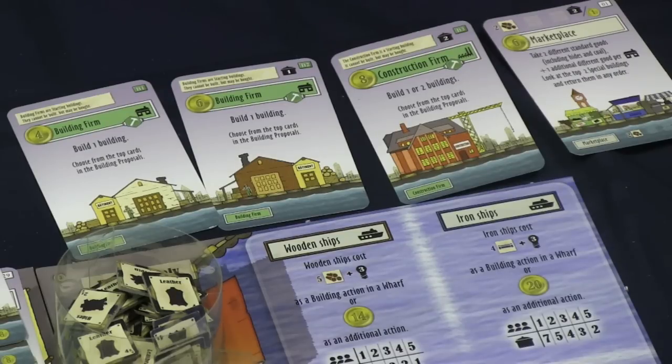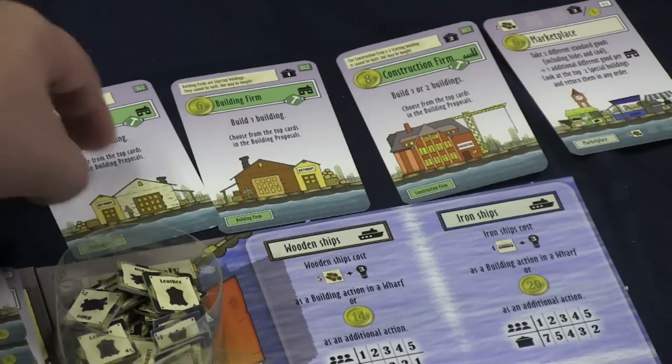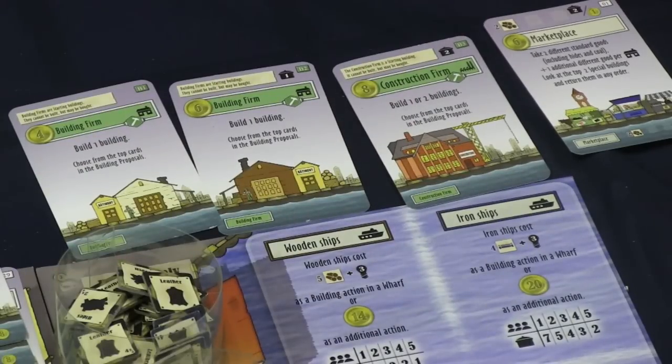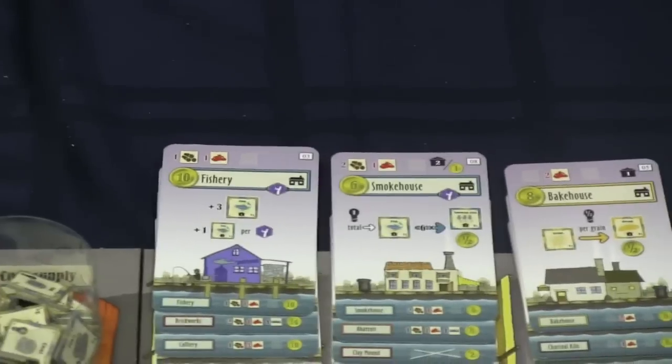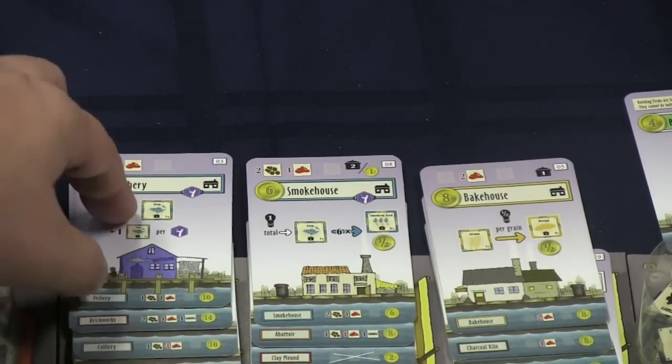Now, over the course of the game, you can buy buildings. They have a cost here, and those will be your buildings. And then if another player uses those, they will have to pay you the costs. Or you can build a building. In fact, that's what these 3 are, the starting buildings. They're used for that purpose, and you can build one of the top buildings here that's available in the building